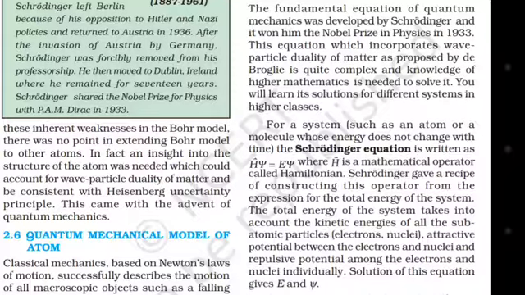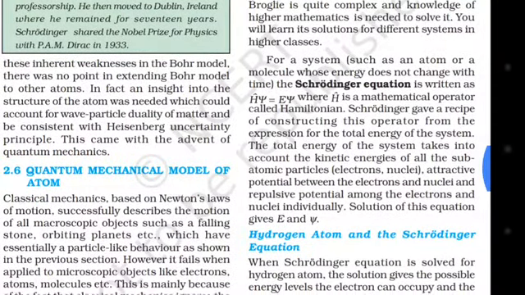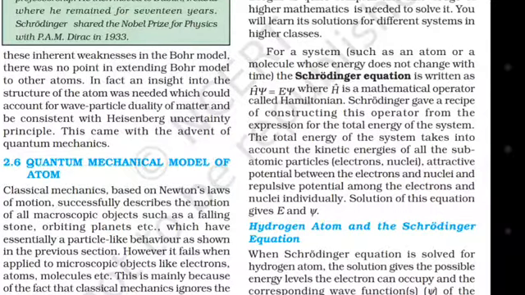For a system such as an atom or a molecule whose energy does not change with time, the Schrödinger equation is written as H psi = E psi. Here H cap is a mathematical operator called Hamiltonian. Schrödinger gave a recipe of constructing this operator from the expression for the total energy of the system. The total energy of the system takes into account the kinetic energy of all the subatomic particles, that is electrons and nuclei, attractive potential between the electrons and nuclei, and repulsive potential among the electrons and nuclei